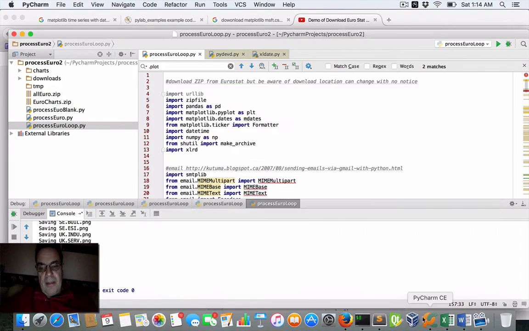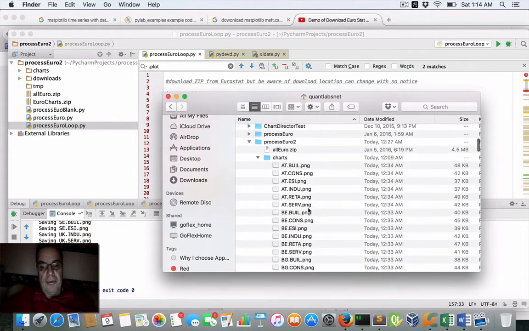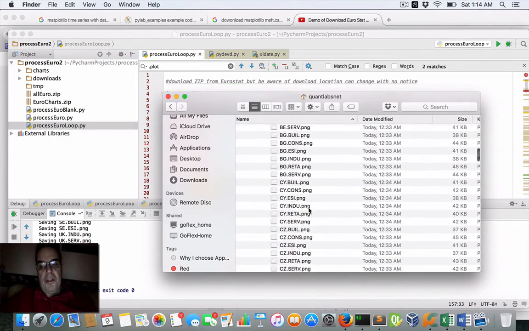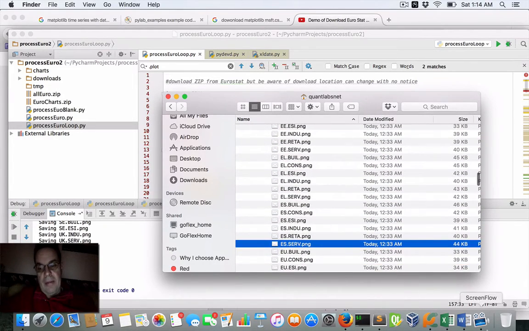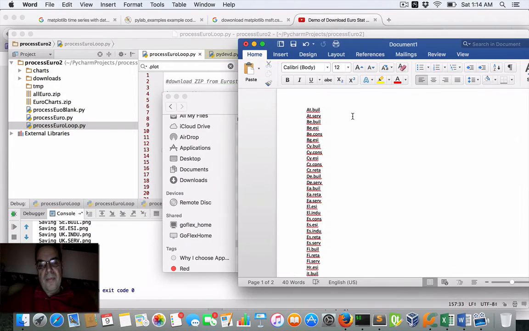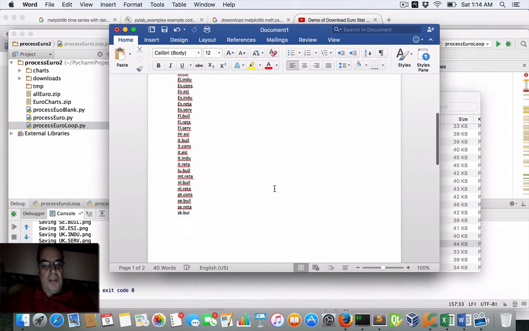This particular Python script that I've been running generates quite a few charts, about 100 or so. I've gone through a number, and I wanted to highlight which ones look pretty good.